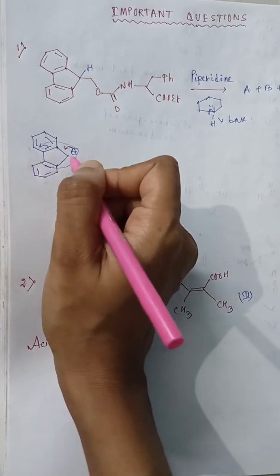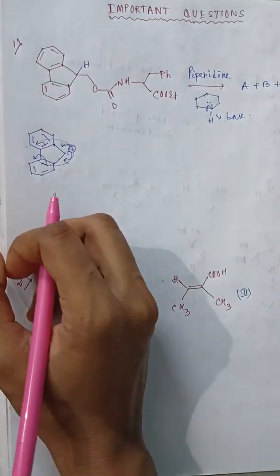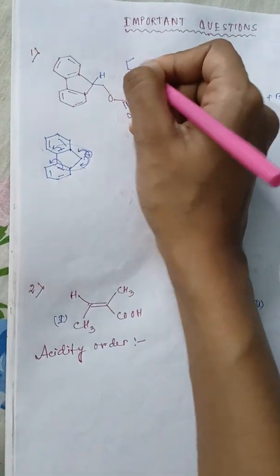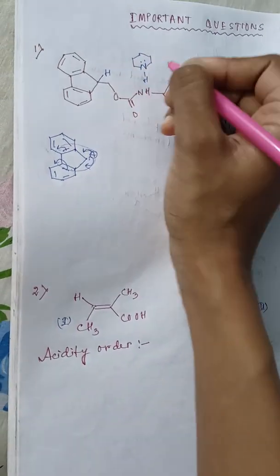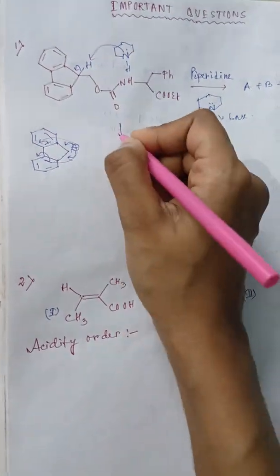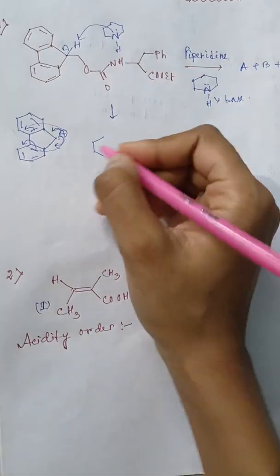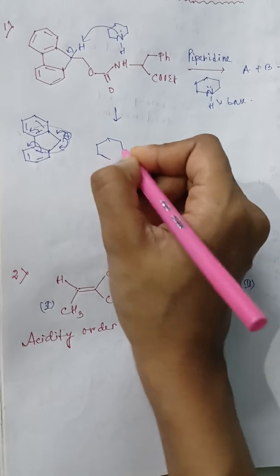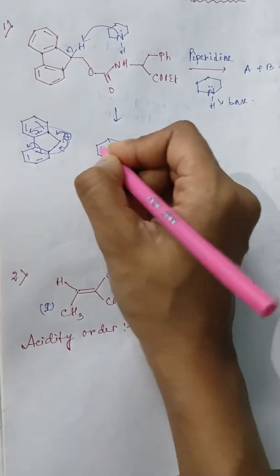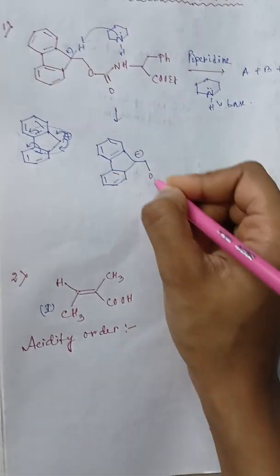Yes, it is resonance stabilized. So that's why this is very much stabilized. So the conjugate base here is stabilized. So this piperidine will simply abstract this proton and form a carbanion here. Now what will happen? Now I'll write the total part here. The double bond, and here is the carbanion,